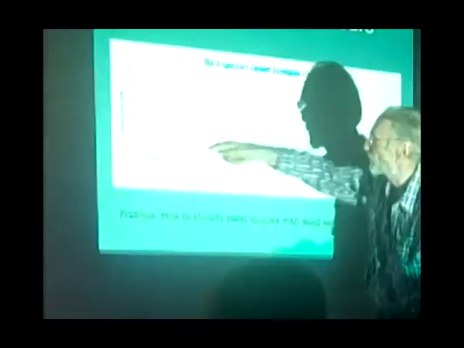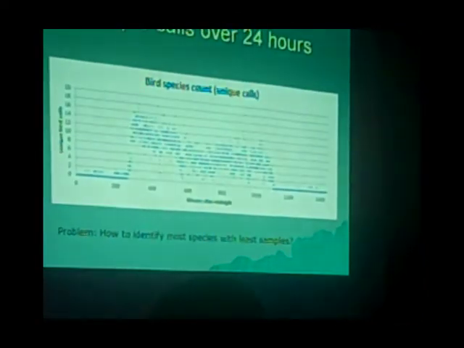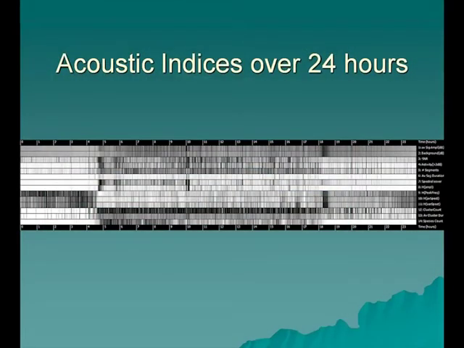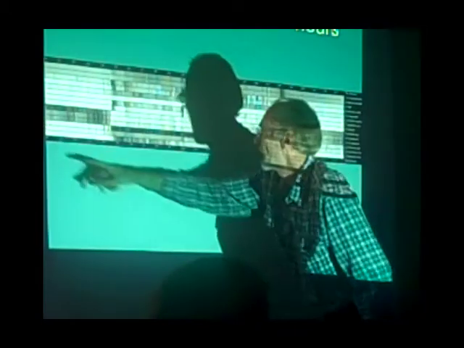And you can see why dawn plus 3 hours is a good choice, because that gives you this portion here, where you most likely have the most different species. So what I did was to extract for each one of those minute recordings 13 indices, and those are plotted in these tracks here. So this is midnight to midnight,